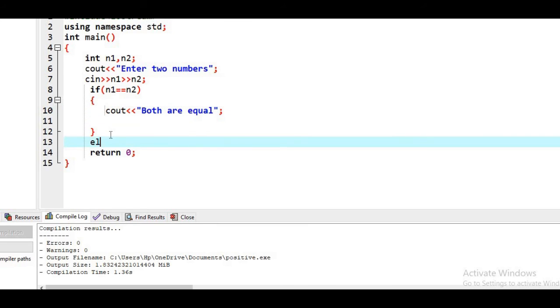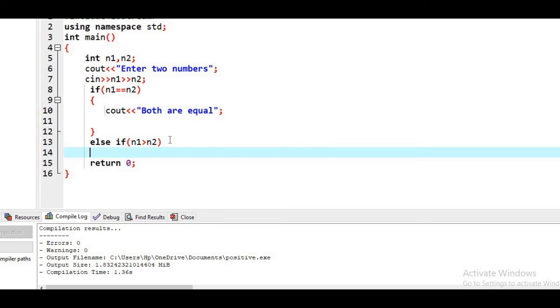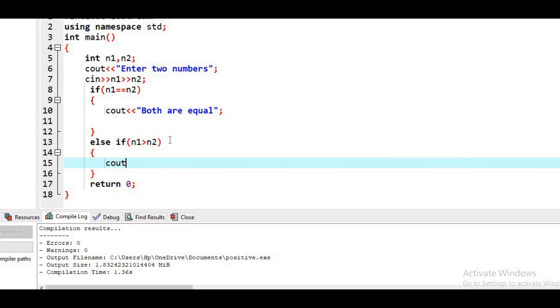Otherwise, we will check else if n1 is greater than n2, then we will print n1 is greater than n2.